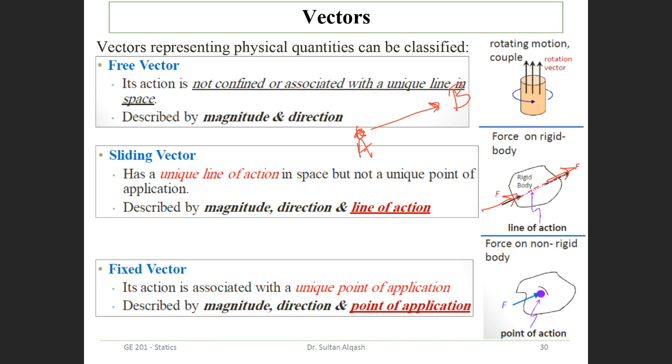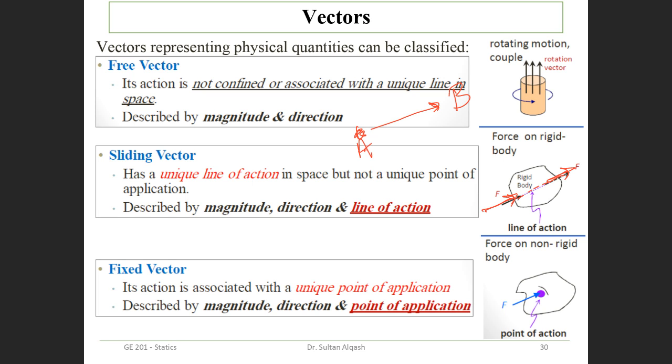But I also need to take that into account: if they are different forces with different magnitudes, the effect differs. But if it's still the same magnitude, whether I affect the body from here or over here, it has the same effect, as long as they have the same direction, same magnitude, and the same line of action. Clear?